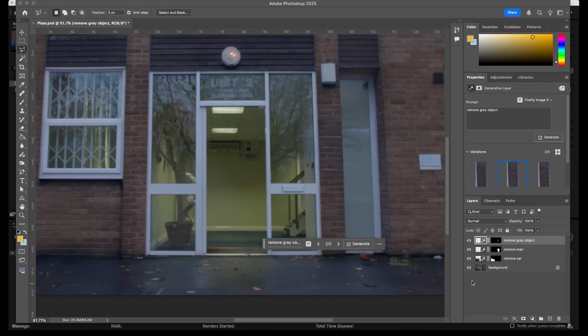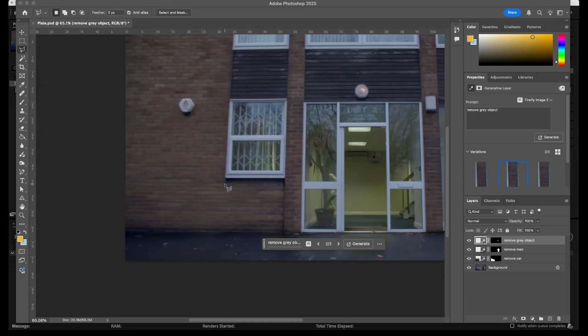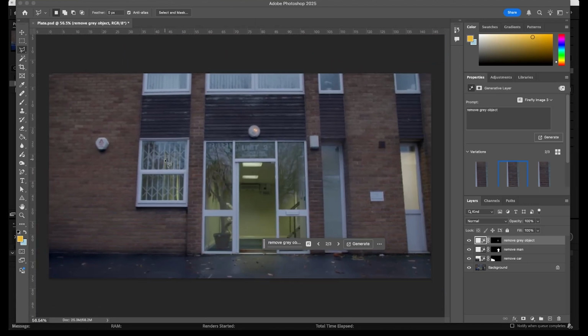Those bricks seem to match up quite nicely. That's quite a good result, that. Okay, so last but not least, we are going to now add in some windows here. I'm going to try and keep it along the same line as those. Hide this alarm box here, and we'll see what happens. So if I draw a